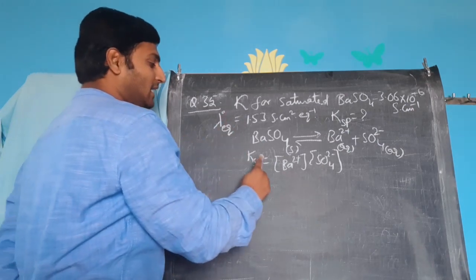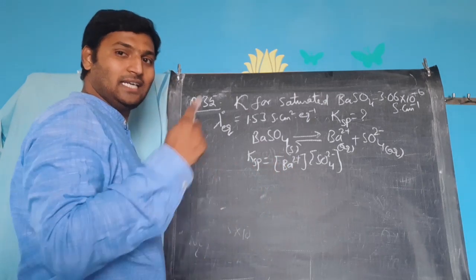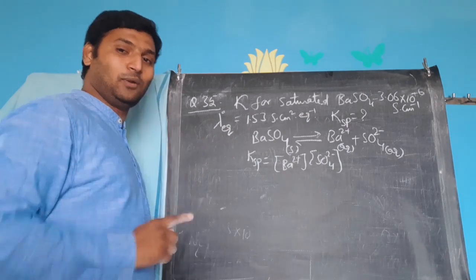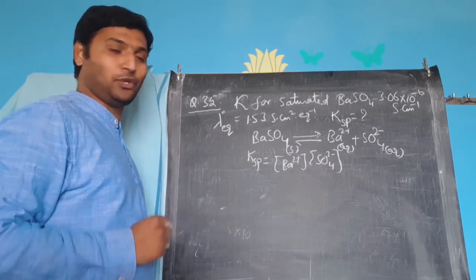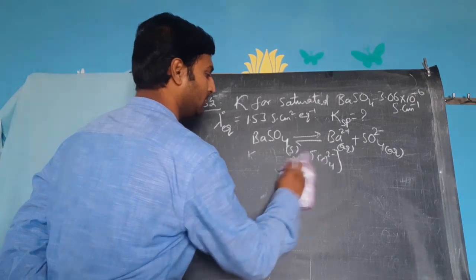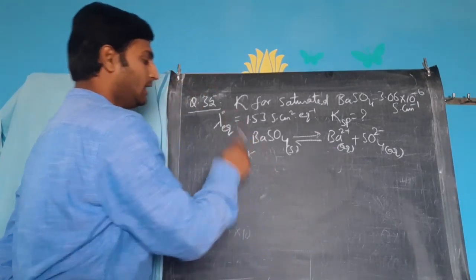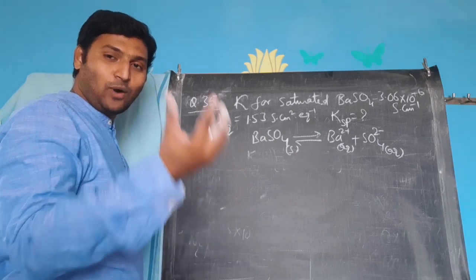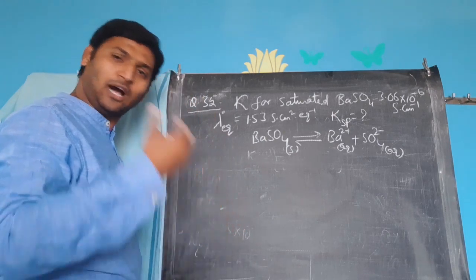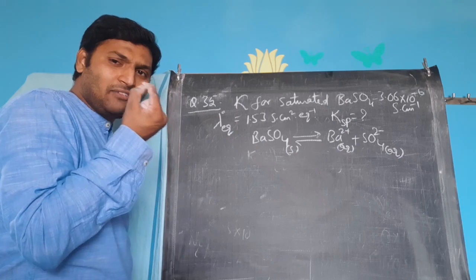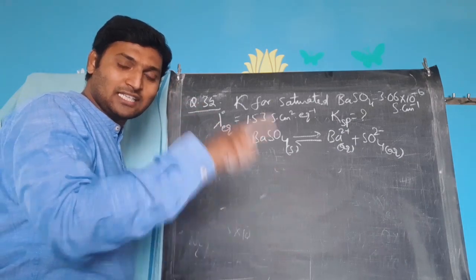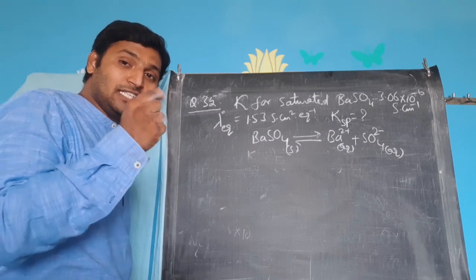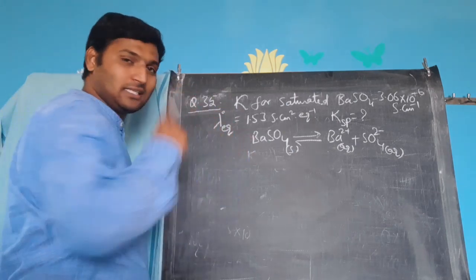To calculate solubility product, you need solubility. Why? Probably you have studied this again in equilibrium chapter, but I'll have to quickly revise it for your help. See here. What would be the concentration of these ions? I might add 1 mole of it, half mole of it, quarter mole of it, how much ever I add. Very small proportion will dissolve, rest of it will remain undissolved. That small proportion which is dissolved is called solubility of this particular salt.